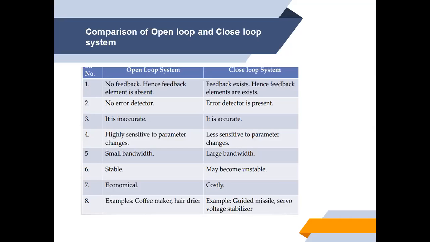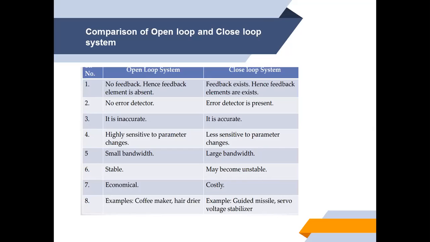So in that case, we have a sensor as a feedback. In open loop system, there is no error detector, so we don't have any error detector in order to compare the actual output with the desired output. But in closed loop system, we do have an error detector in order to compare the actual output with the